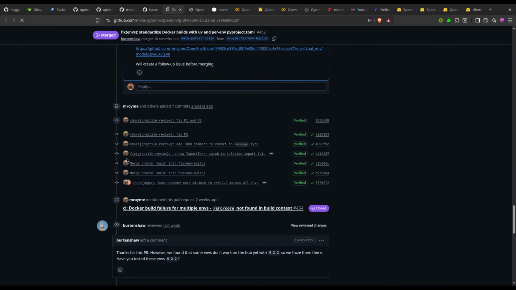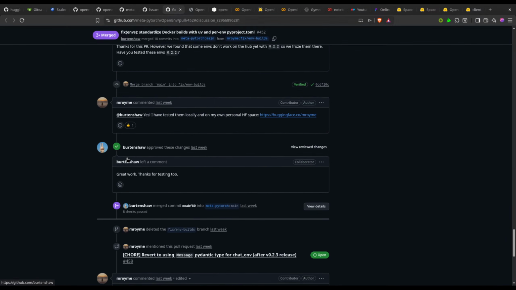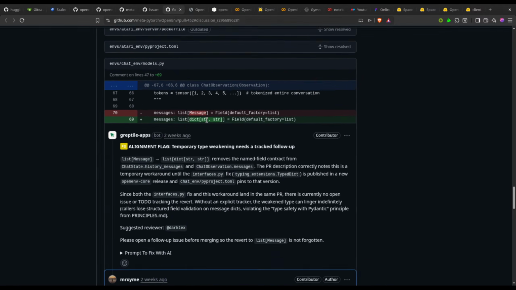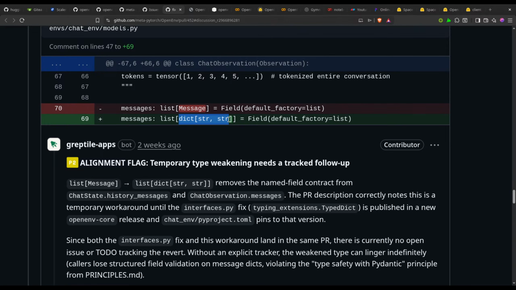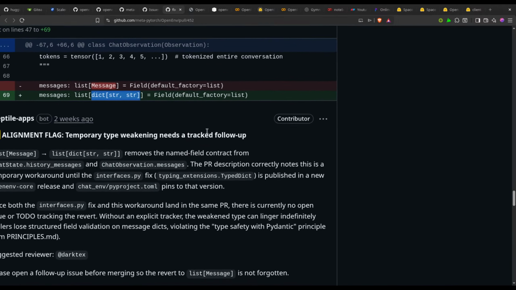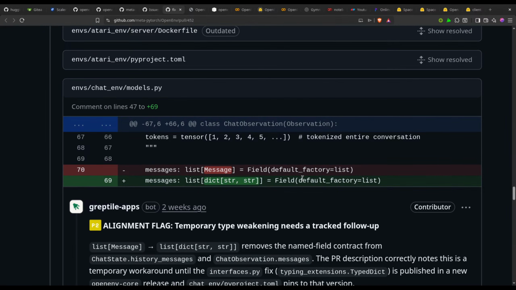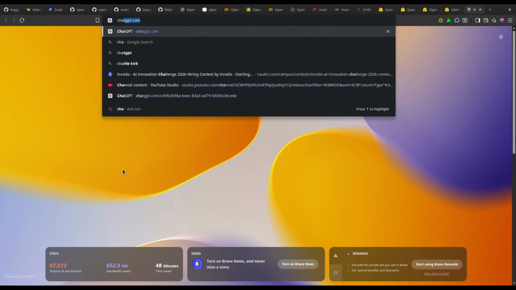I think they have messed up somewhere in the code. Yes, they are using it like this, which is what it is doing. I think this is the cause.